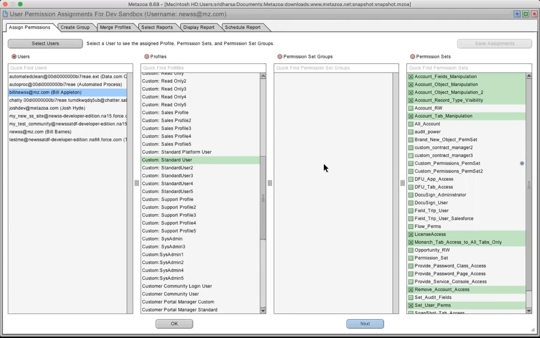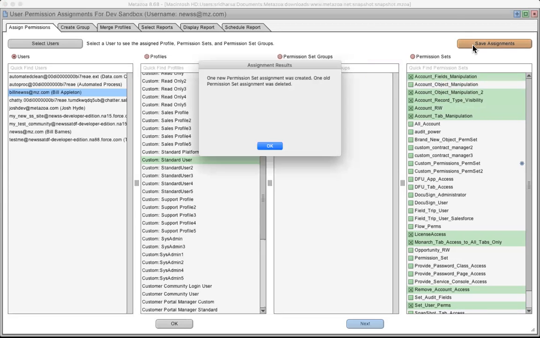In this case, I don't have any in this particular org, and the list of permission sets that have been assigned to him. This is another place where we can make direct changes to the org. I can go select anything that I want to assign or deselect anything that I want to unassign. And if I go save that, it is going to directly make the change to the org,